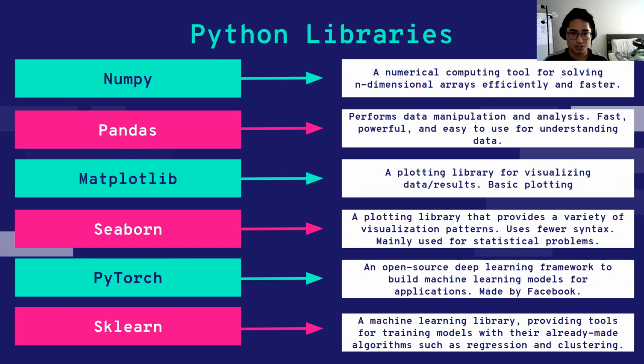So a recap of what these libraries do: NumPy is a way of analyzing and computing n-dimensional arrays a lot more efficiently and faster. Pandas is a way to visualize and manipulate your data, such as if you want to remove a feature in that specific data, then you would use Pandas. Matplotlib and Seaborn are meant to do the basic plotting, and sklearn is a scientific tool that contains machine learning algorithms such as our linear regression and logistic regression models.